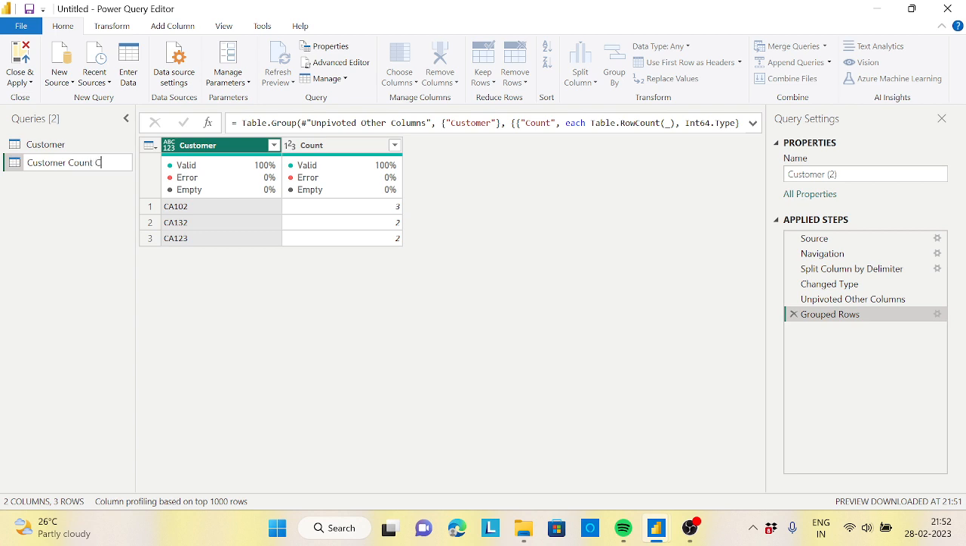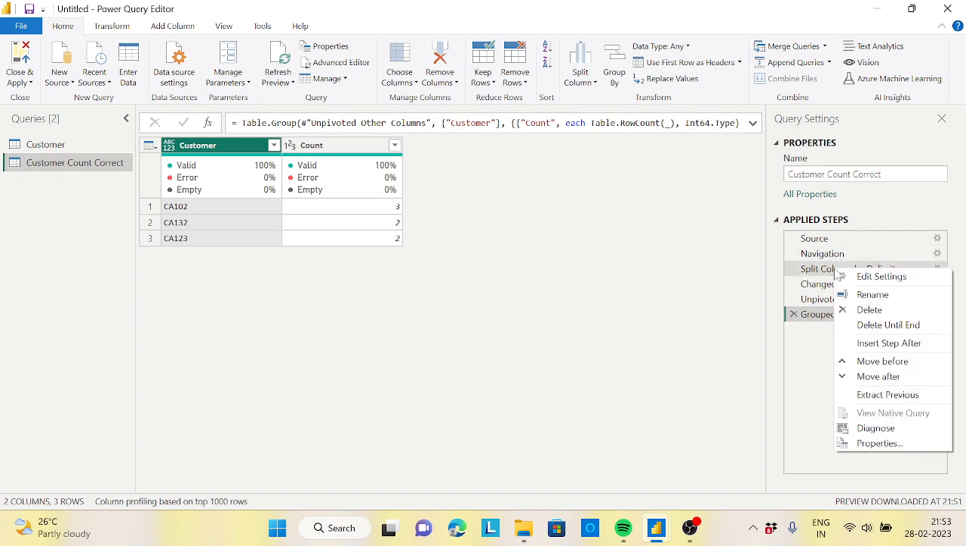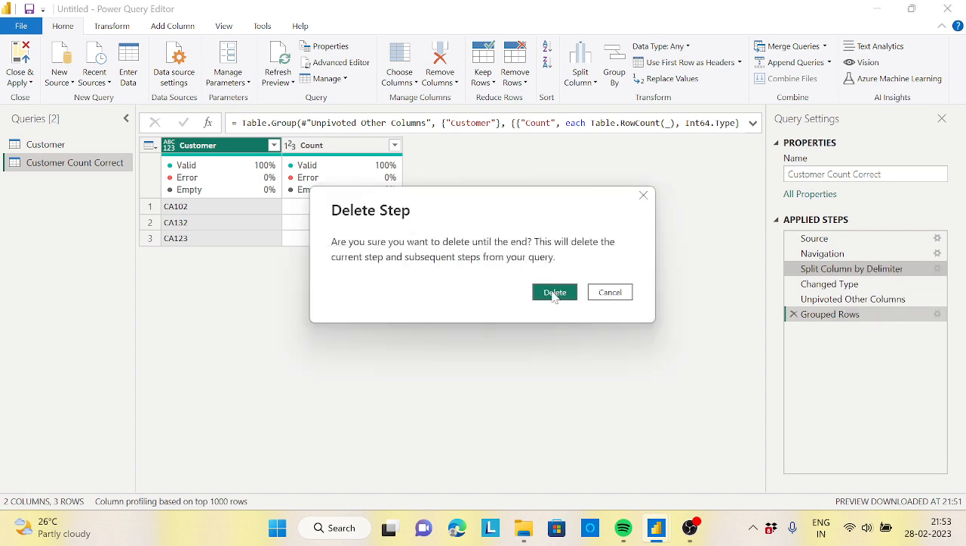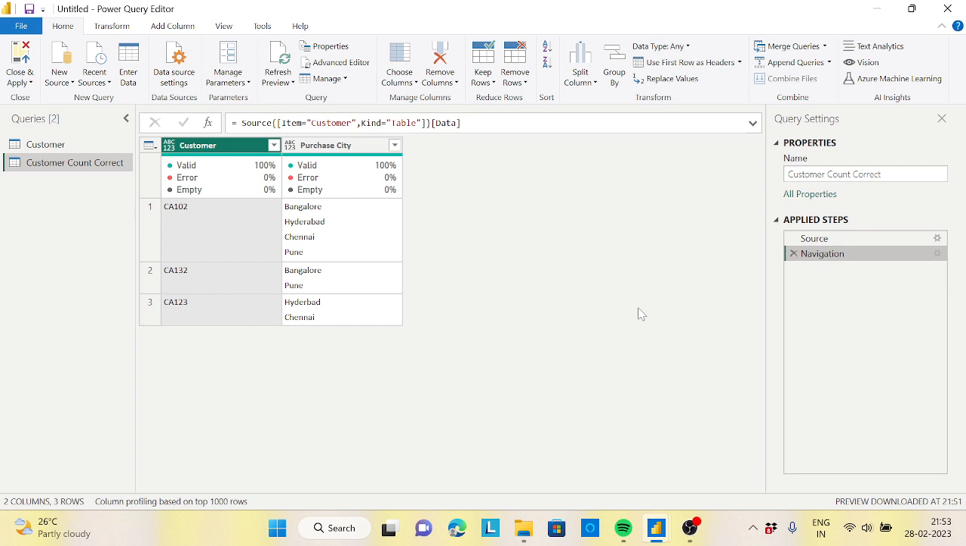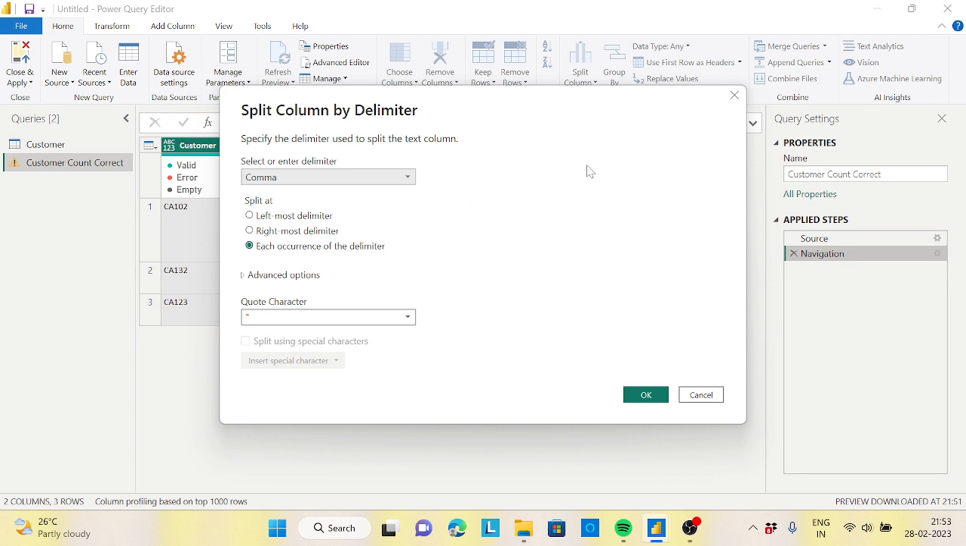Okay, just rename this one. Now what I will do, I will just remove this step. Okay, delete until end from here. Okay, delete it. Done. Now from here, what you need to do, instead of split column by delimiter, instead of